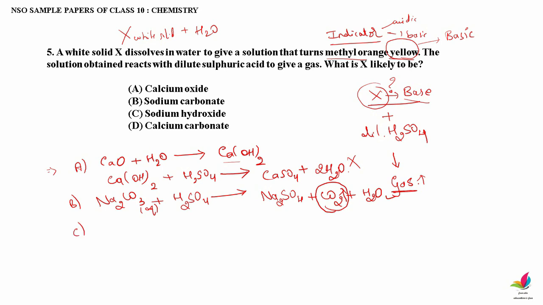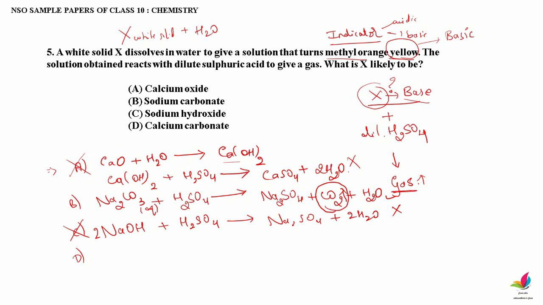So option C is sodium hydroxide. Obviously I think you know what the products are if sodium hydroxide reacts with sulfuric acid, because it is nothing but an acid base reaction. Obviously the products will be sodium sulfate and water, correct? In this case no gas will be evolved because it is a simple acid base reaction giving salt and water. Obviously no gas. So A and C are not our answer.